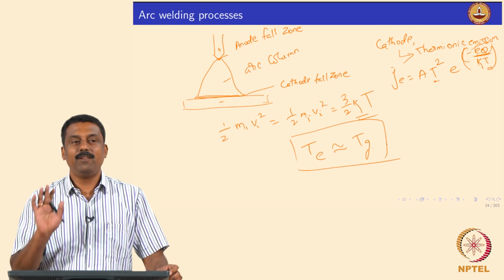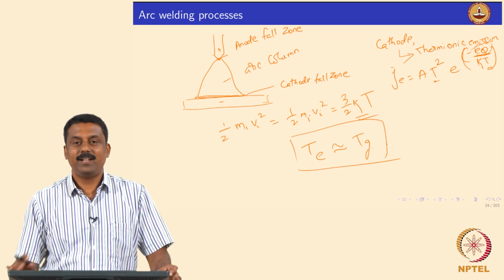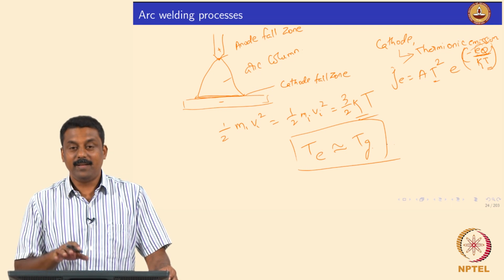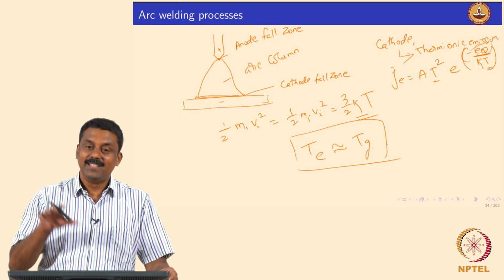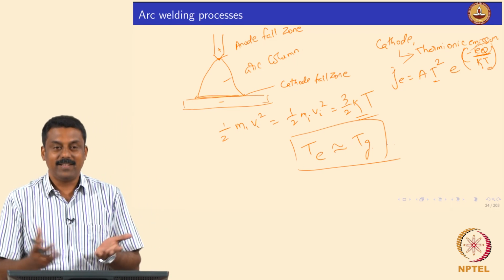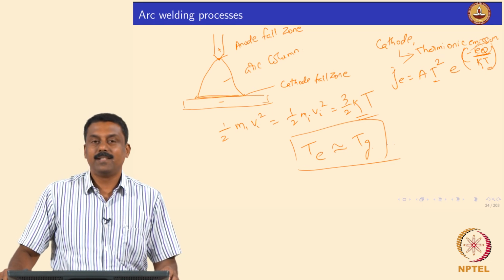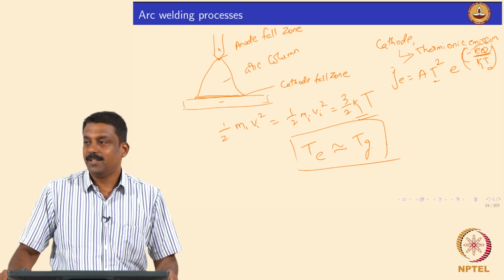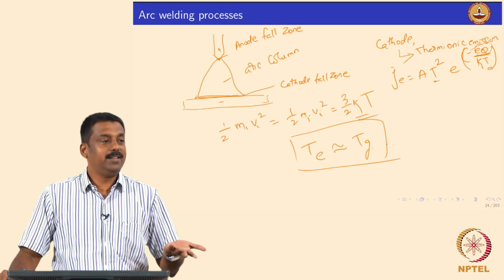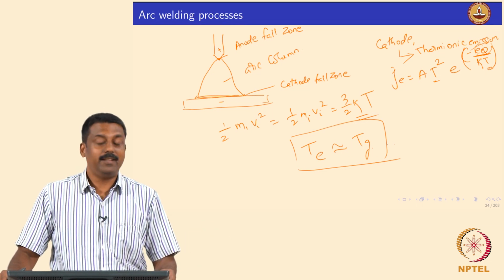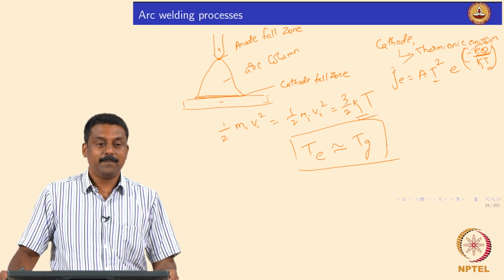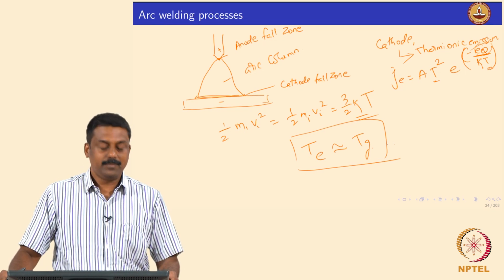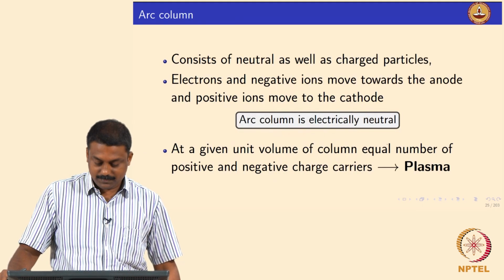Okay. So, if you are doing welding at 1 atmosphere, you can assume that Te, the temperature of the electrons, is more or less equal to the gas temperature. And these are important. Why are these concepts important? Because I am going to teach you the heat generation. So, then you need to understand all these phenomena when you are deriving the equation for electrical conductivity of an arc, which is needed because conductivity determines your heat generation, resistivity being 1 by conductivity, the reciprocal of conductivity, is it not? So, when you are deriving equations for that, you need to understand these concepts. Okay. So, we will move on for this class.